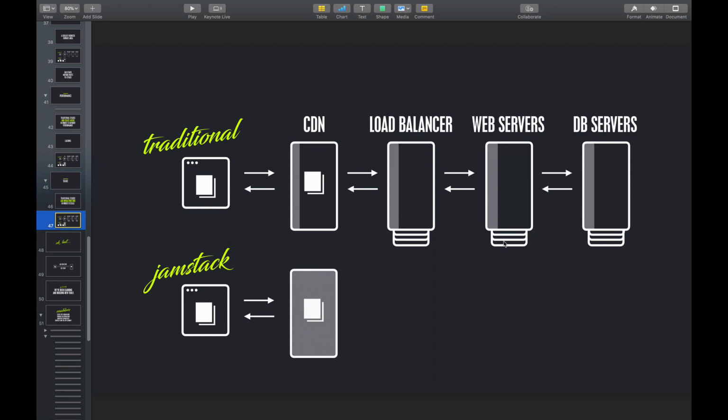More servers means more cost, more complexity. Our deployments are getting more complex as we manage things across here. And this is just catering for a live environment. We're not even talking about things like staging and testing environments, where strictly speaking, we should be replicating all of these. So this is a different scenario to the JAMstack, where by design and by default,